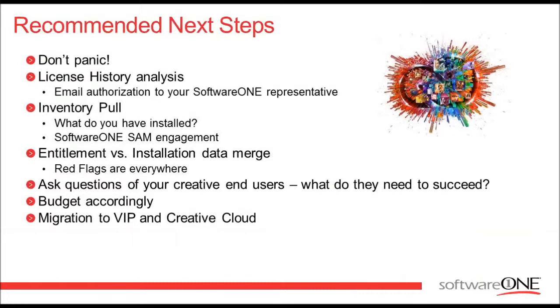Next step is to look at the inventory that you have installed, so your in-production licenses. Take those two bits of data, join them together, and find deltas. Are you over deployed or under deployed? A very important part in the license history is, here are my entitlements, but which licenses still have upgrade eligibility and upgrade potential? Not that you need to upgrade an existing footprint, but the next time a net new request comes in, do you have entitlements that aren't in production that you can upgrade instead of buying net new? Upgrades are always 50 cents on the dollar savings, so it's the best way to mitigate cost.